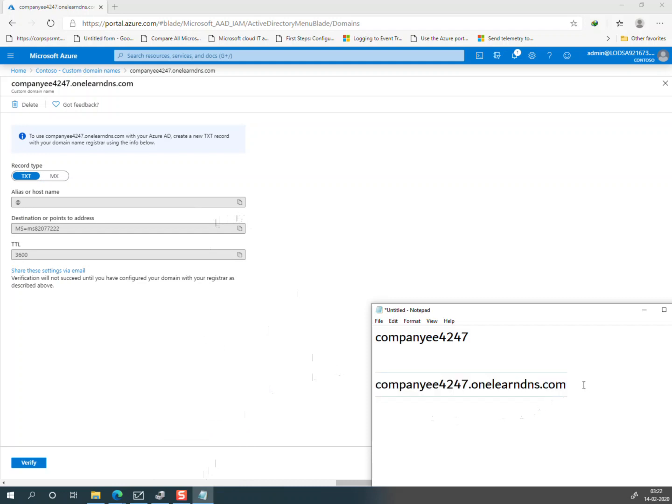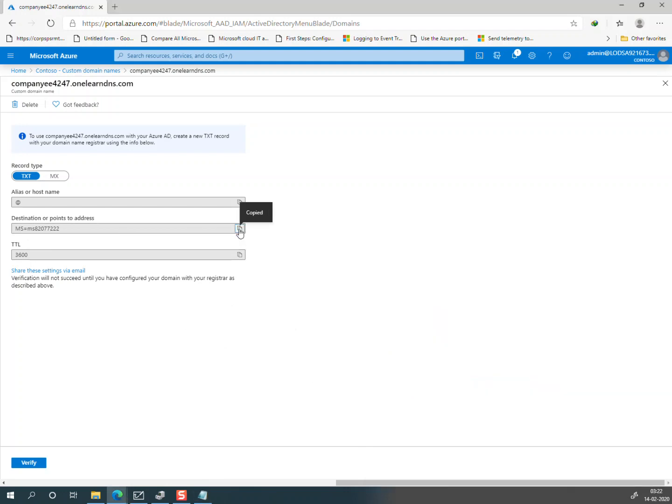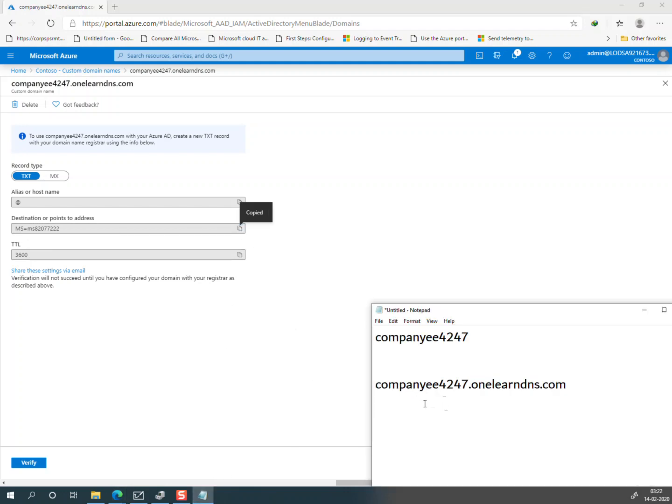I need to go to a DNS where this particular zone is hosted, and there I need to create a TXT record, and the TXT record should have the values. See, I do have the value. I would need the MS value, so I would just paste it, and the other details I should be able to remember. I should be fine here. So once I've added this information,